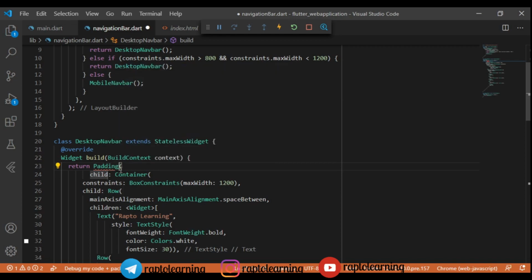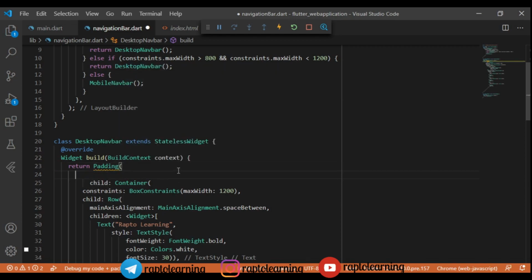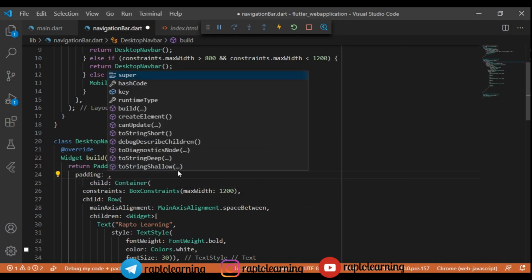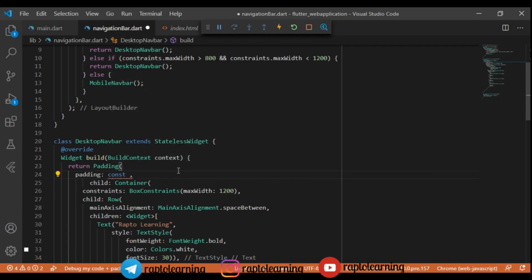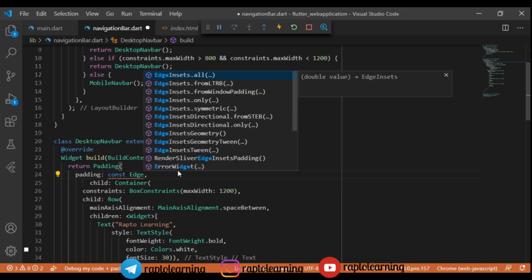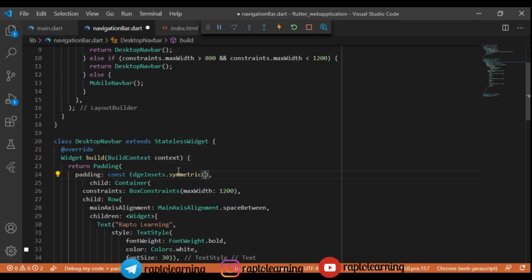So simple padding, and we will give this padding some inputs, right? So the padding should be constant. We will use EdgeInsets dot symmetric, and we will give vertical padding of 20, right? 20 will be fine.